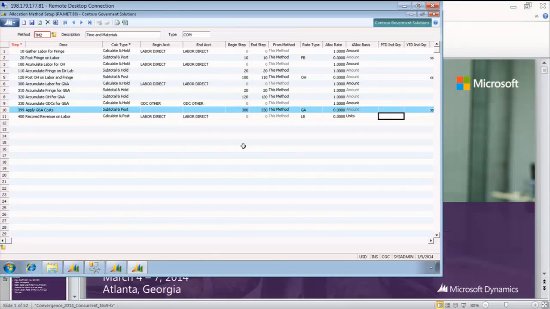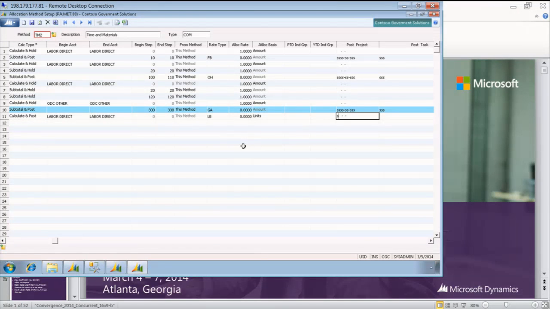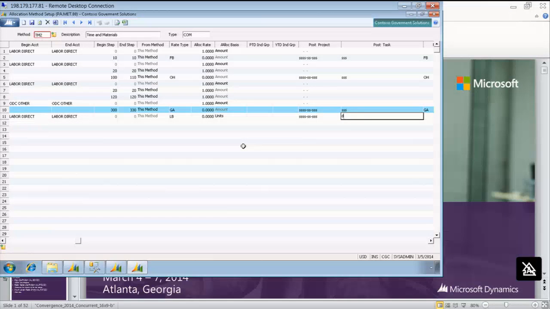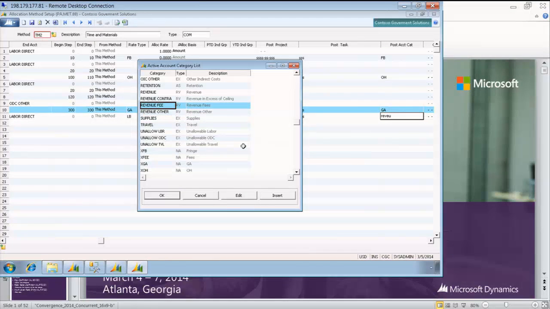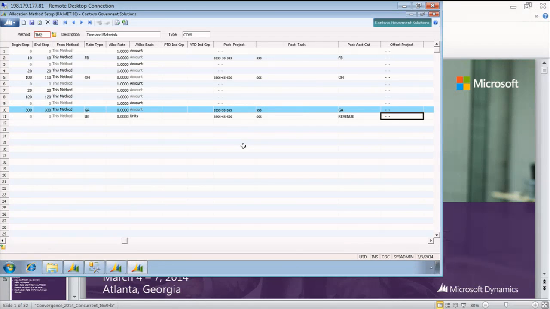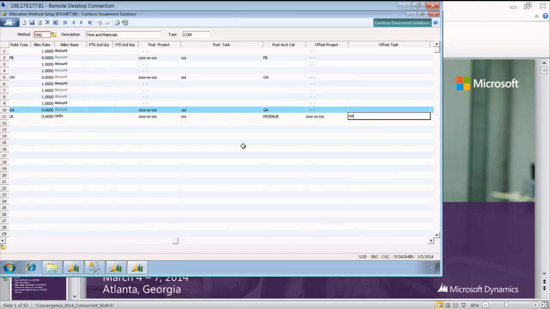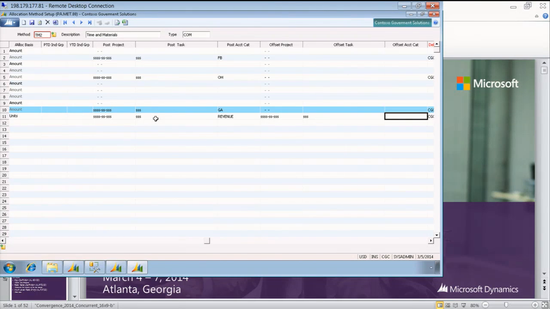The next thing I'm going to do again is post that revenue back to the source project. And this time, I'm going to call it an account category called revenue. And my offset projects are going to be, again, SSS, meaning the post project again is SSS, and the offset project is also the source project as well. And I'm going to use an offset account category called unbilled